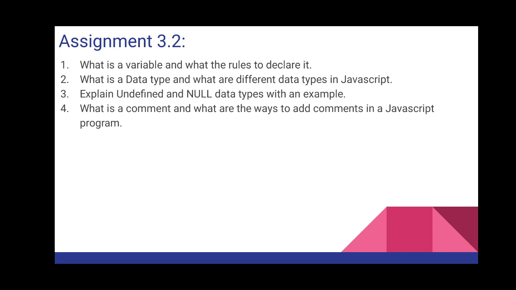Then we saw how to declare a single variable or multiple variables. Then we saw how to combine the declaration and initialization for a single variable or multiple variables, right? Then we saw that whatever different types of data we store in a variable, there are 6 different data types supported by JavaScript. We have seen those, right? And last, we saw what exactly a comment is and the different ways to give comments, single line and multi-line. These are all the topics we have covered today.